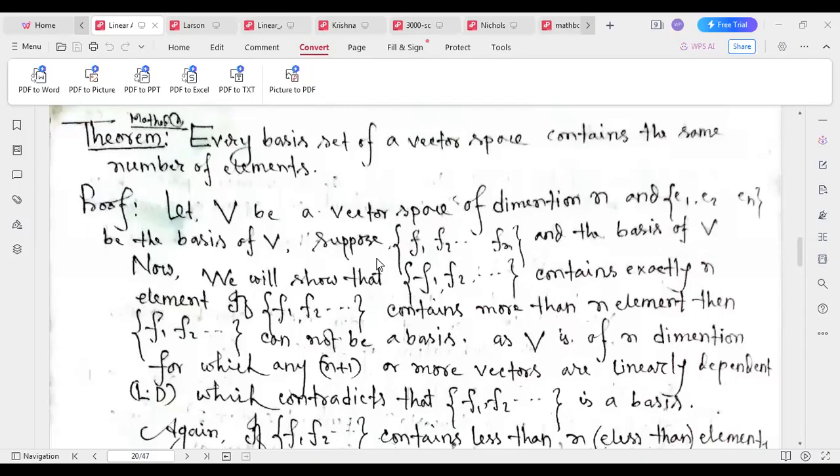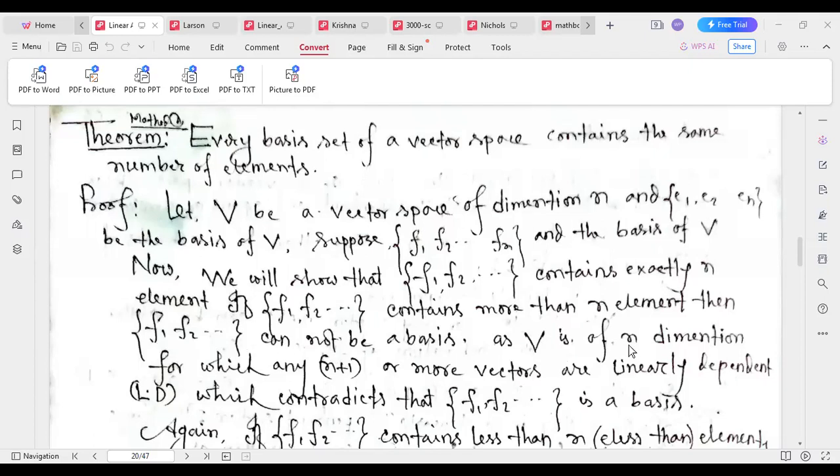Now another important theorem: every basis set of a vector space contains the same number of elements. Let B be a vector space of dimension n, and e1, e2, ..., en be a basis of B. Suppose f1, f2, ..., fn is also a basis of B. Now we will show that f1, f2, ..., fn contains exactly n elements. If f1, f2, ... contains more than n elements, then it cannot be a basis,